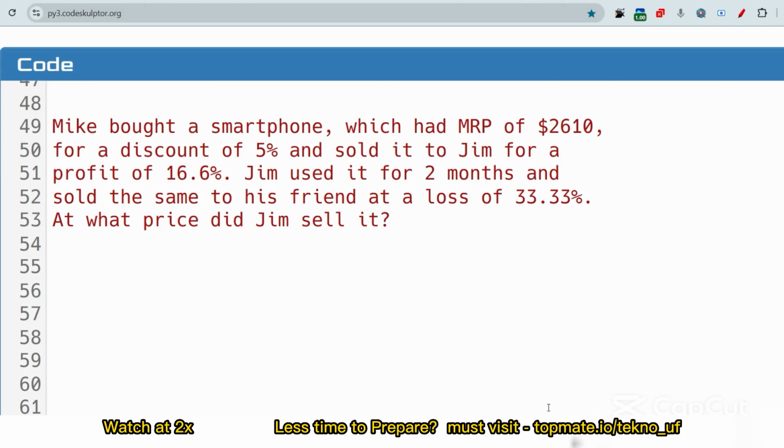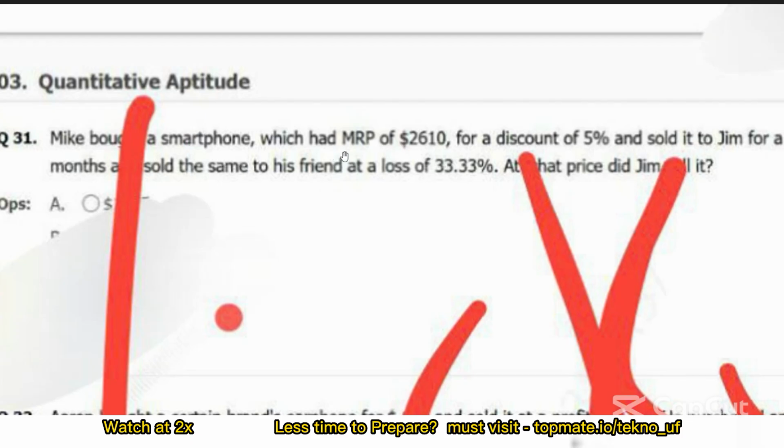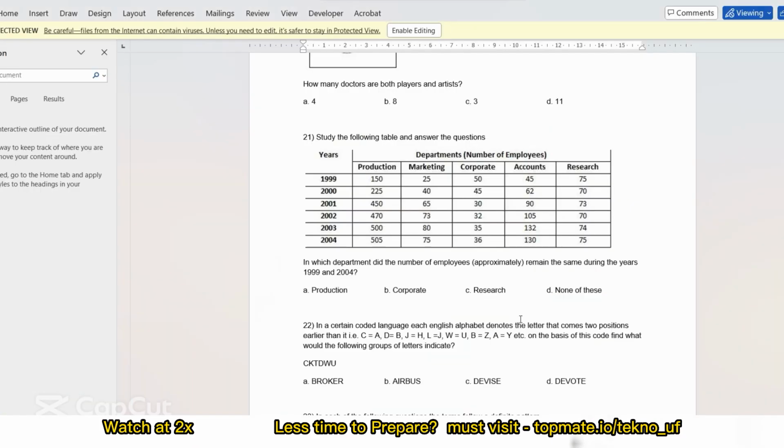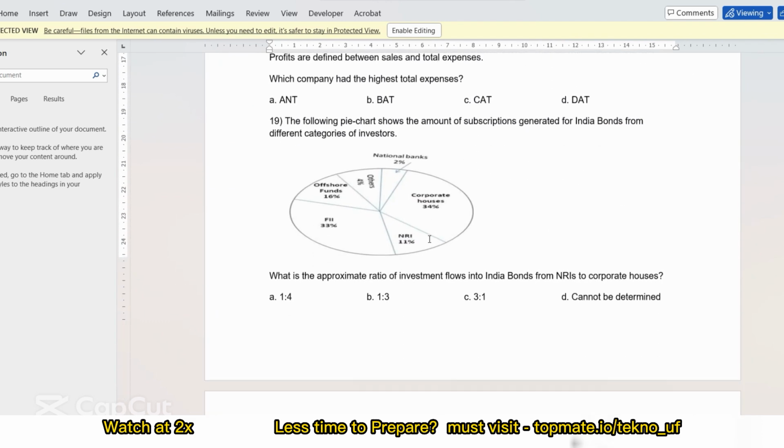So the next question is shown to you. Actually, whatever questions I have shown, all of these are from real questions, you can see this is the screenshot. So these types of questions will be asked to you. And for copyright reasons, I am just showing these questions in text format. So please, guys, pause the video and try to give the answer in the comment section.